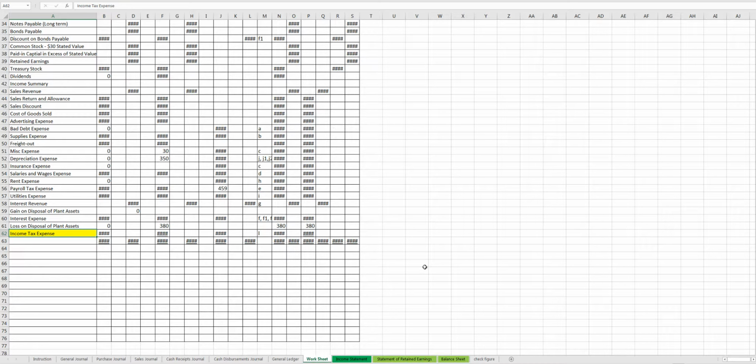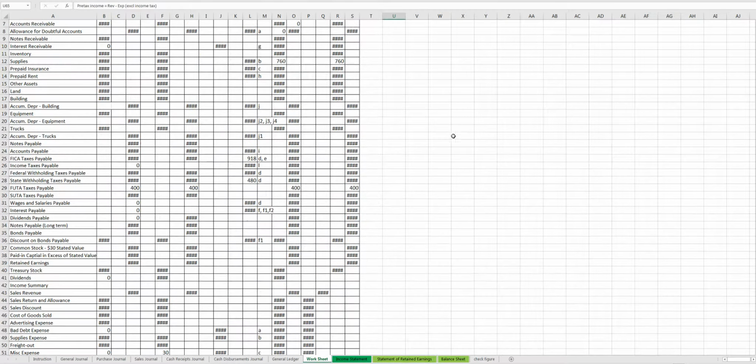The pre-tax earnings equal what? Equal my revenue minus all the expense accounts, excluding the income tax. So it's revenue minus expense accounts, excluding the income tax amount. So we can get to these pre-tax earnings